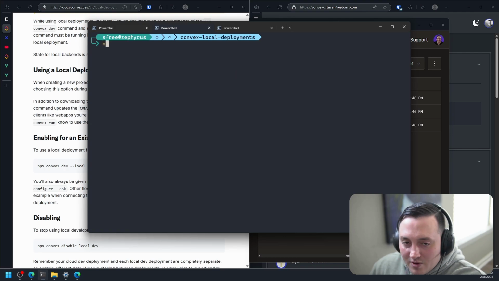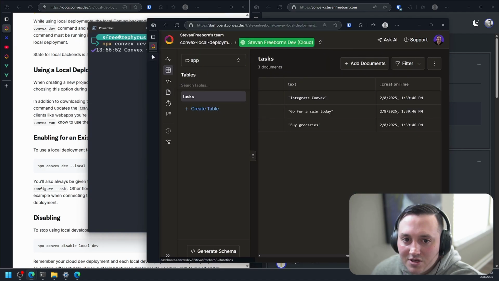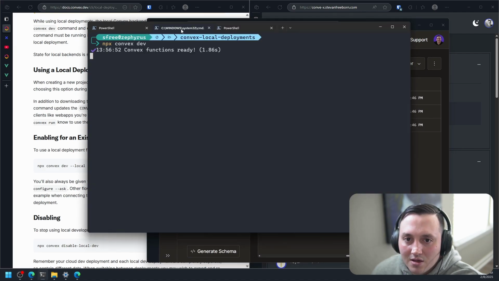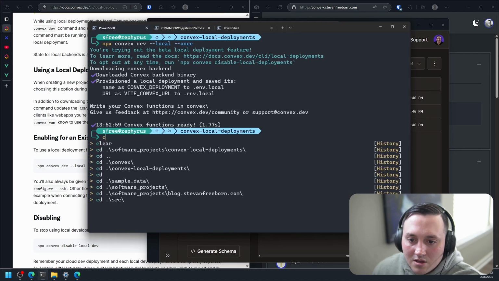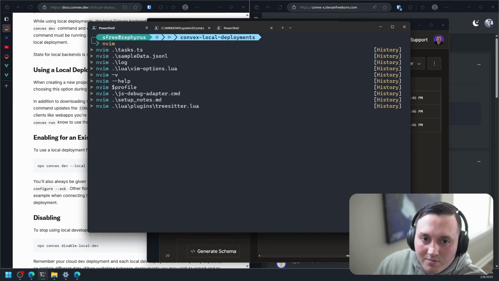Okay, so what am I doing? I'm gonna run npx convex dev now, and so this should use my local. Yeah, and then we should be able now to go to my browser.